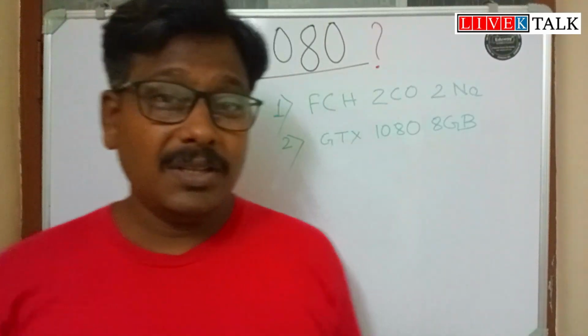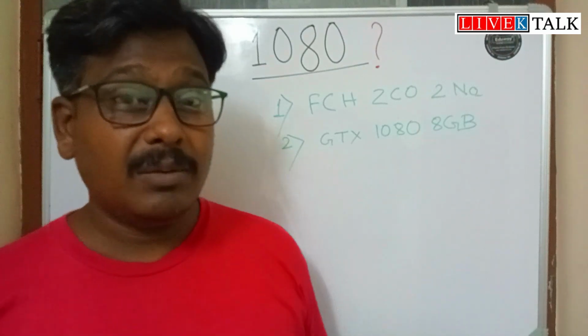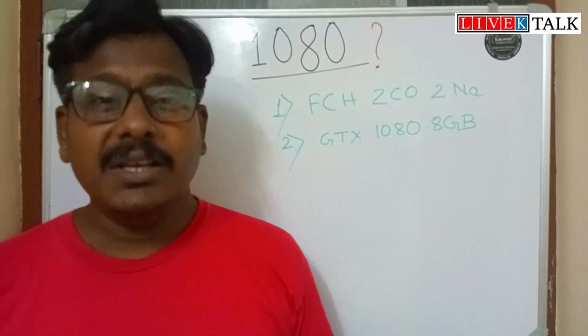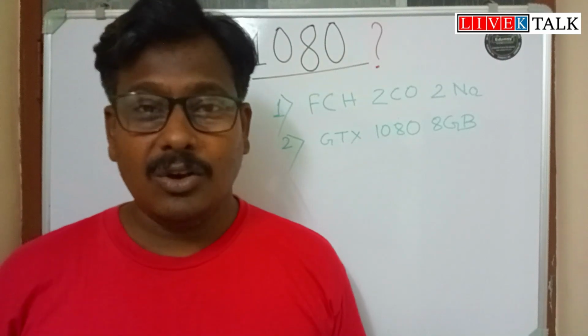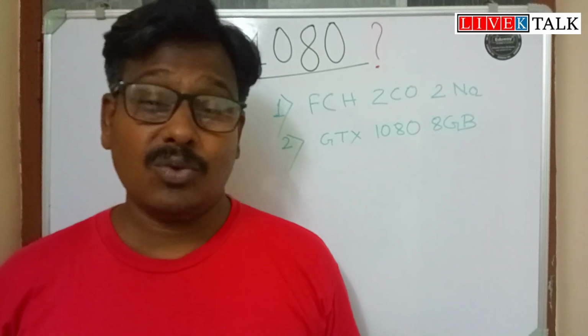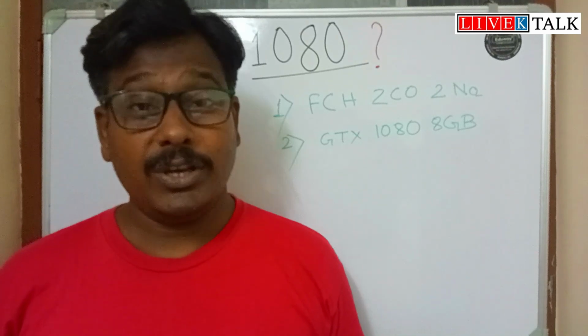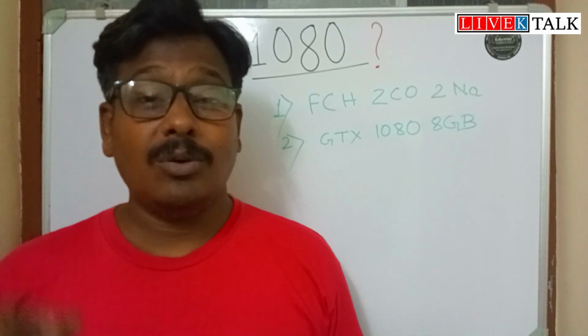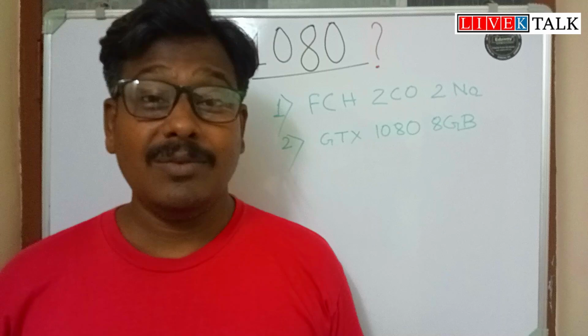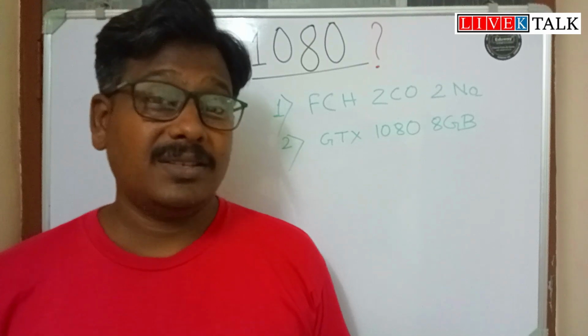So friends, these are my answers. Number one is FCH2CO2Na. It's a chemical formula of a biodegradable poison. Yes, poison. The name of this poison is sodium fluoroacetate. And the second answer